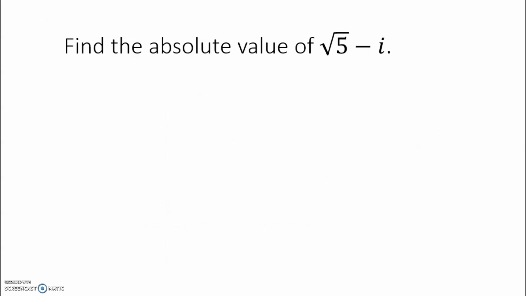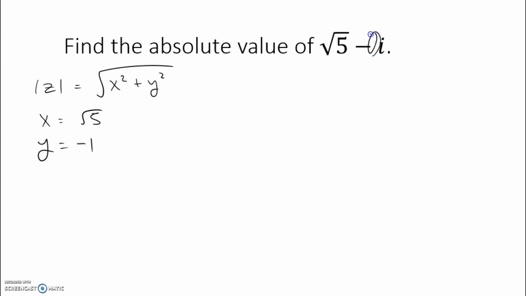Okay, if they give us this square root of 5 minus i and they say, okay, find the absolute value. Well, we need to use the square root of x squared plus y squared. Here our x is the square root of 5 and our y is negative 1, that number right in front of i. So the absolute value of this complex number, the square root of 5 minus i, is equal to